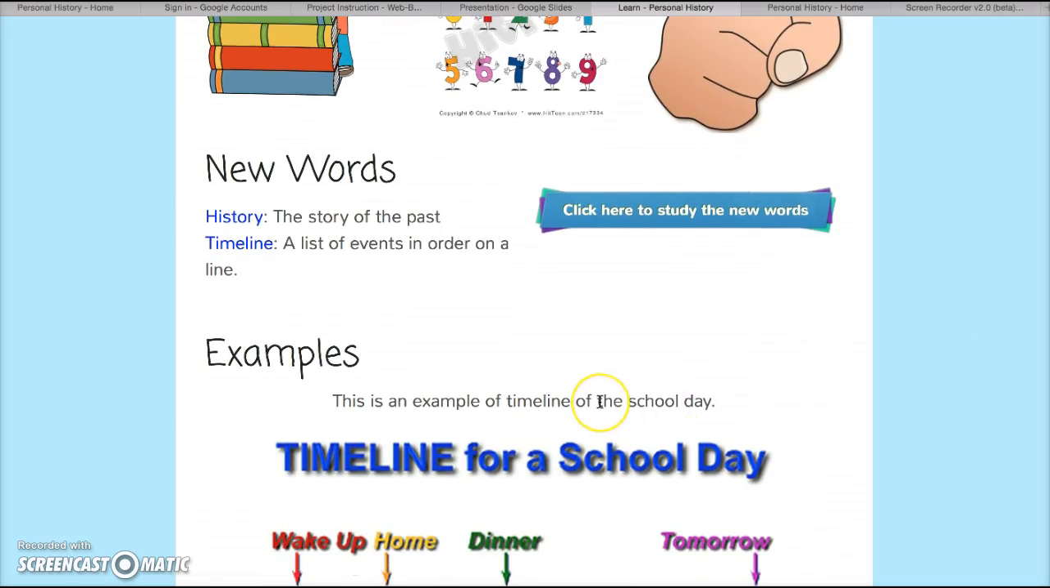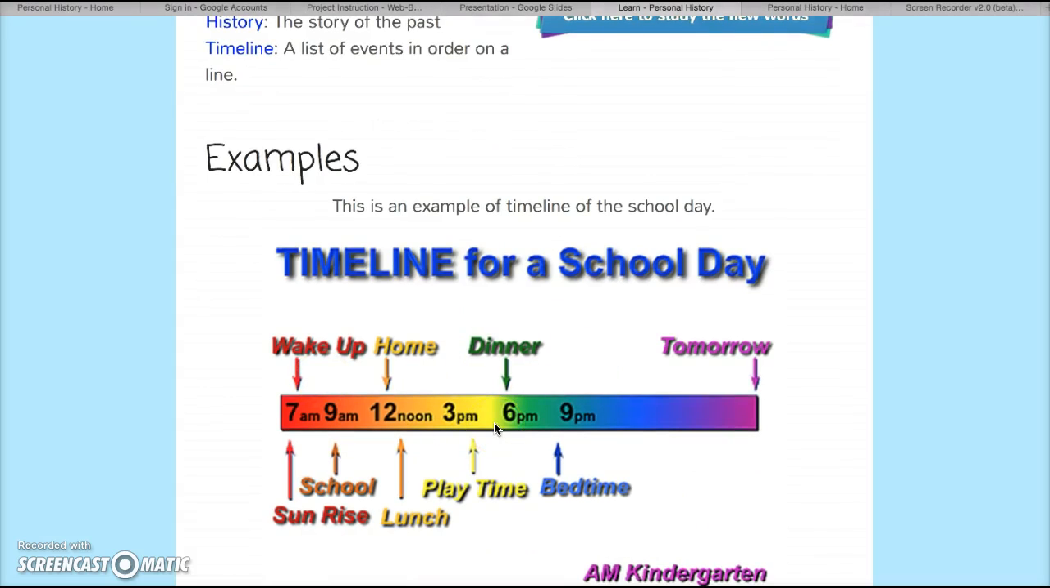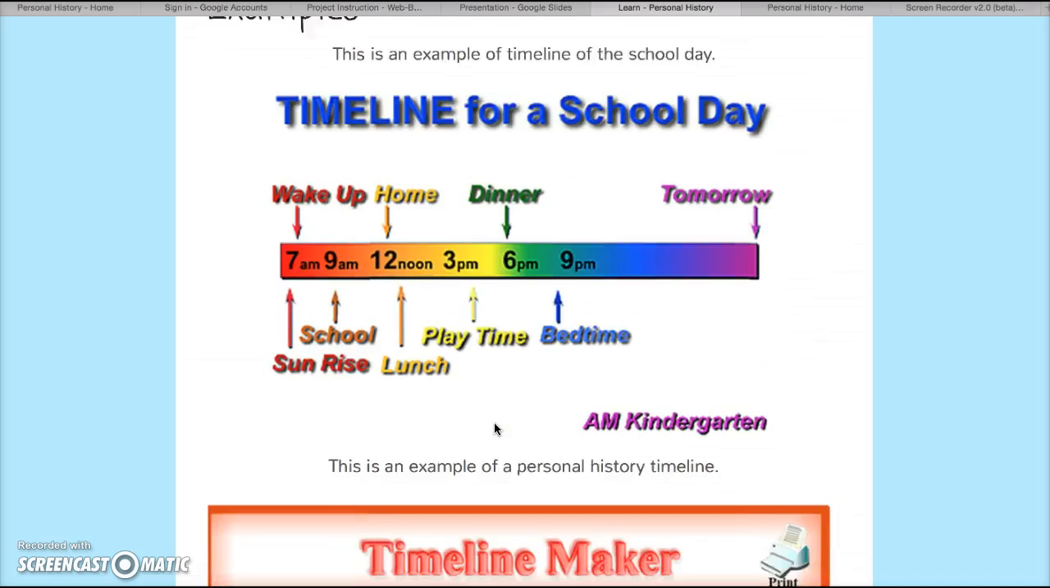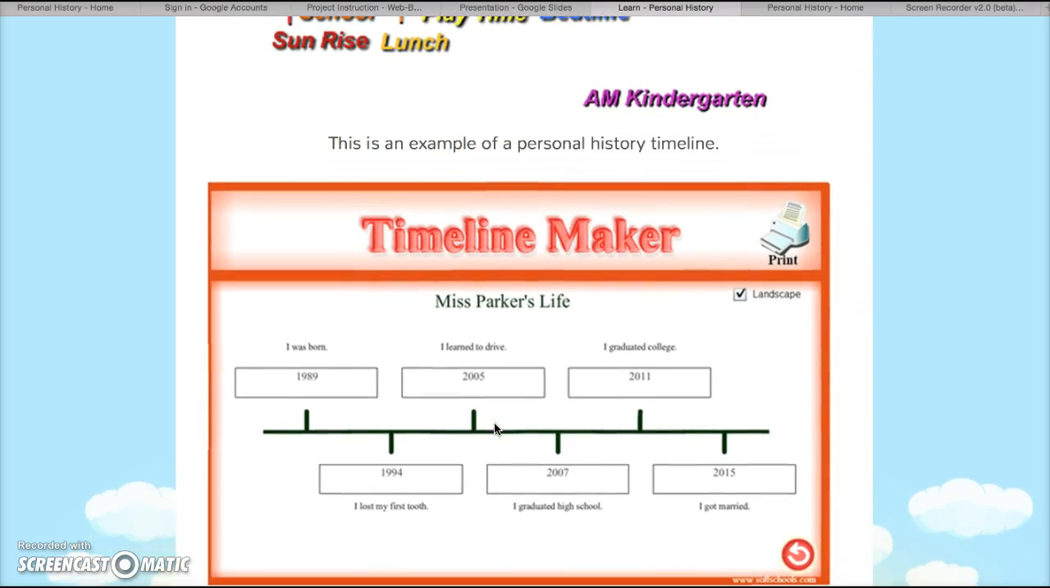And then I gave them some examples. The first one is an example of a timeline for the school day, because this is something that they can relate to, that they're familiar with. And then the second one is a timeline of a personal history, and it's just an example that I made of myself. And this is what theirs will look like,